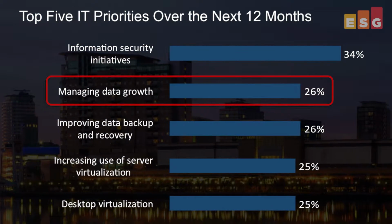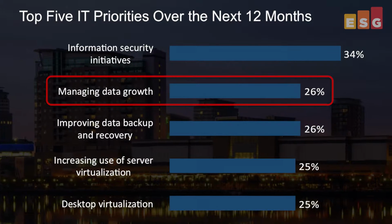I'm ESG Lab Analyst Mike Leone, and for the next few minutes, I'll recap the results of our recent hands-on testing of the NexGen Storage N5 hybrid flash array, with a focus on how the vendor delivers predictable and prioritized performance in virtualized environments. With data growing at an increasing rate, organizations are looking for any way possible to consolidate